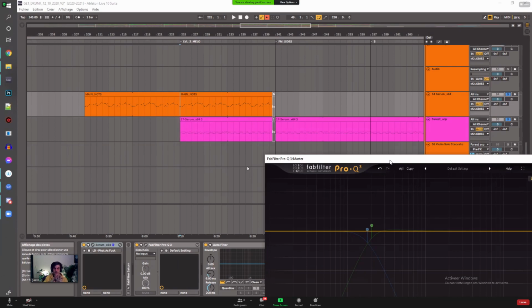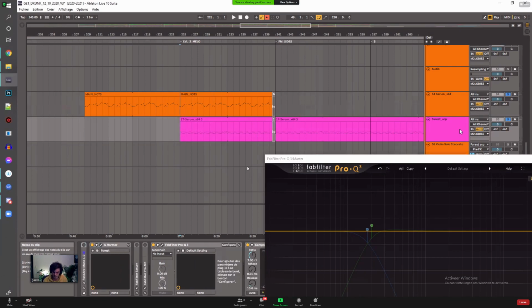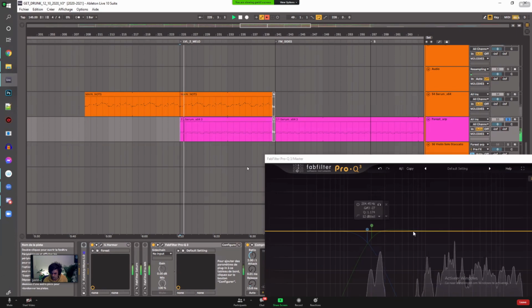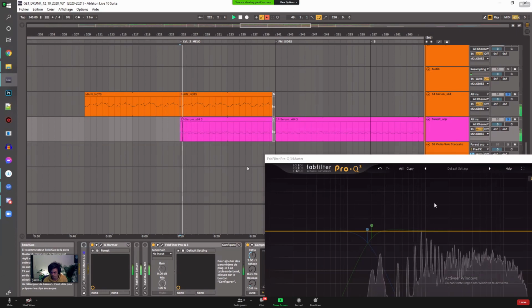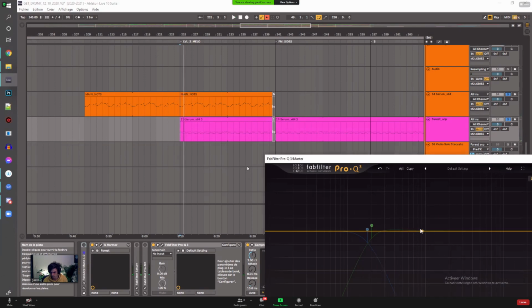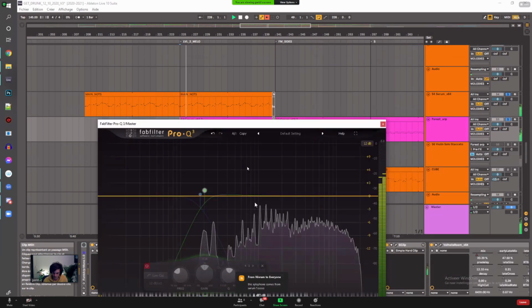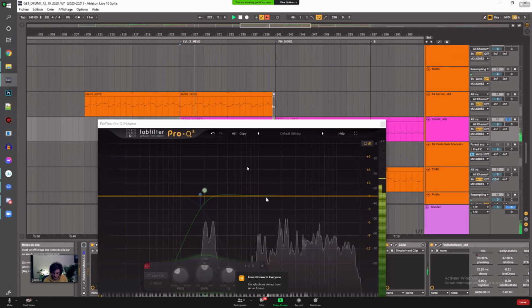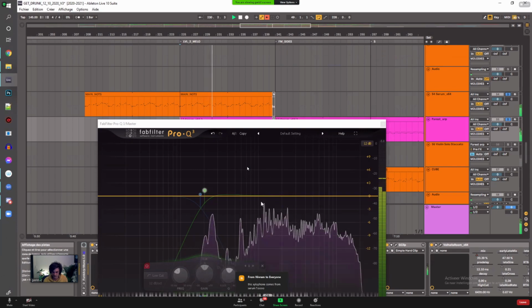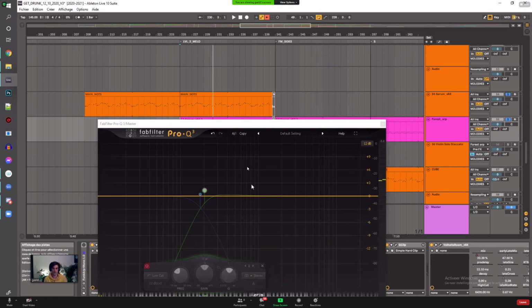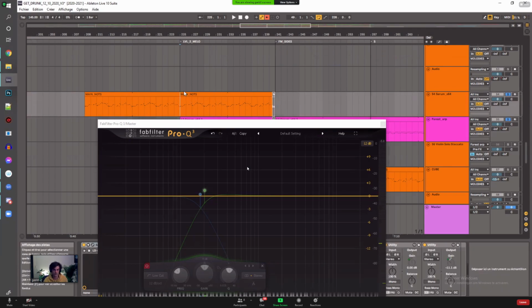They fit together nicely in the spectrum, because this one has a hole in the spectrum here, and this one fits precisely in this area, like the main body of the sound. Here you can see the sound gets nicely combined together, and that gets in the end less work of EQ.